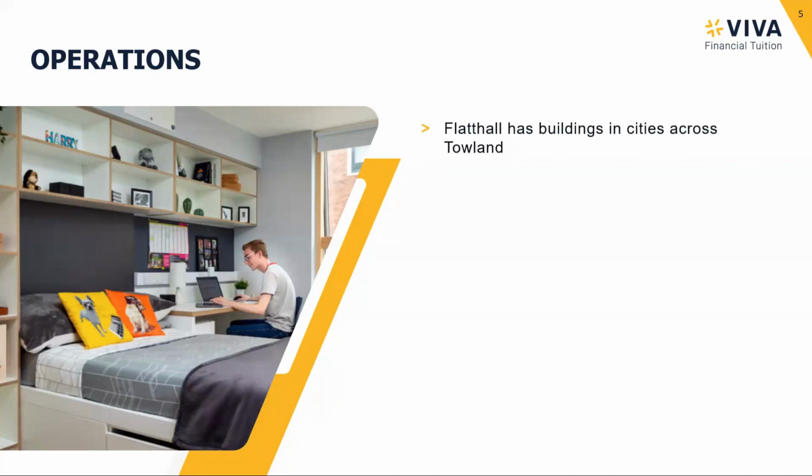Some of these cities and towns will have 3 or 4 colleges and universities. Some might only have 1. Some of these universities and colleges might be much stronger in terms of drawing students to them because of their reputation. And that means there'll be more demand for accommodation. So not all towns and cities in Thailand are going to be equally profitable for Flat Haul to be in,